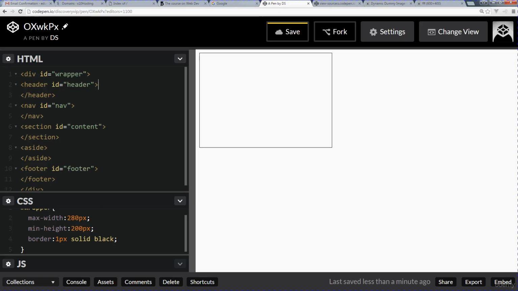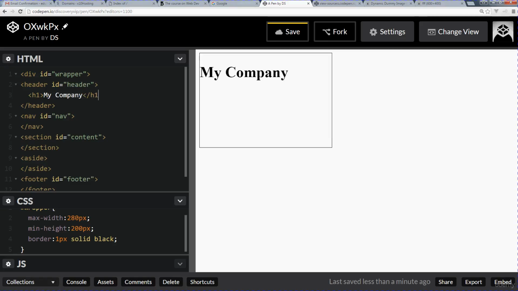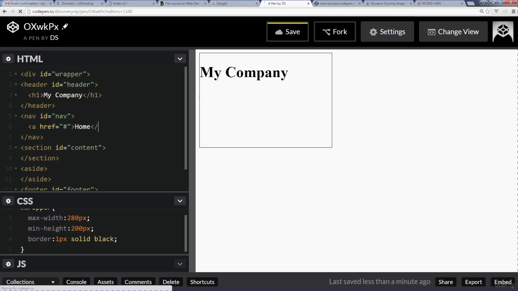So one of the things within the header, typically you're going to see the header, so maybe a company name, so just do something like my company and close off that H1. So this is a typical header here, and then in the navigation area you might have a bunch of hyperlinks, so just do href, and we're not going to define where they're going to yet. So maybe this is going to the home page,